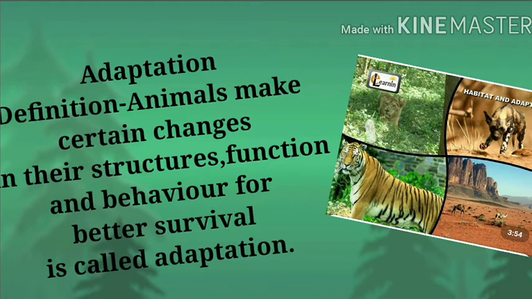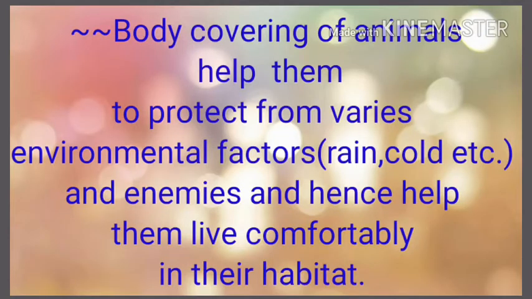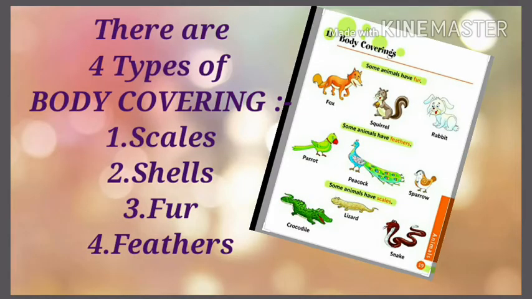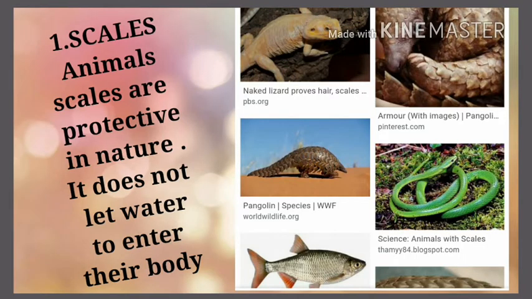Second topic is body covering. Different animals have different body covering. This body covering helps them to survive from various environmental factors and from the enemies. Four different body coverings are scales, shells, fur, and feathers. Scales. Animals like fishes, snake, lizard, they have different scale structure which are like waterproof type